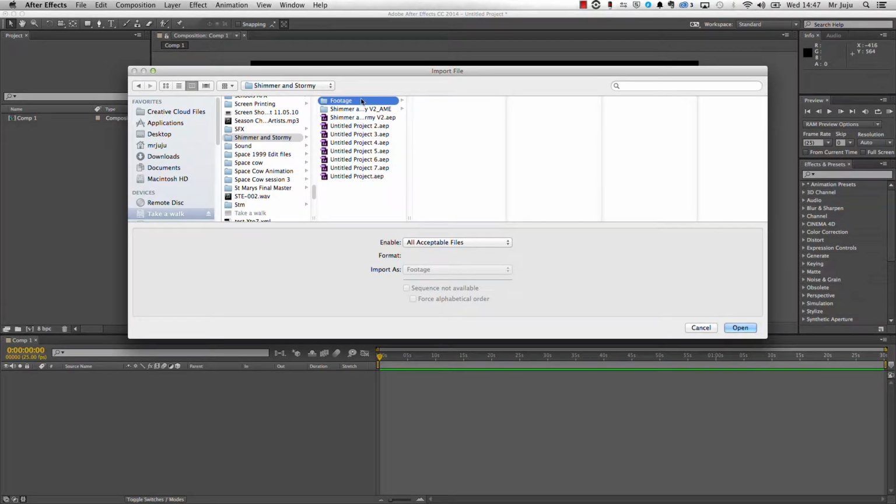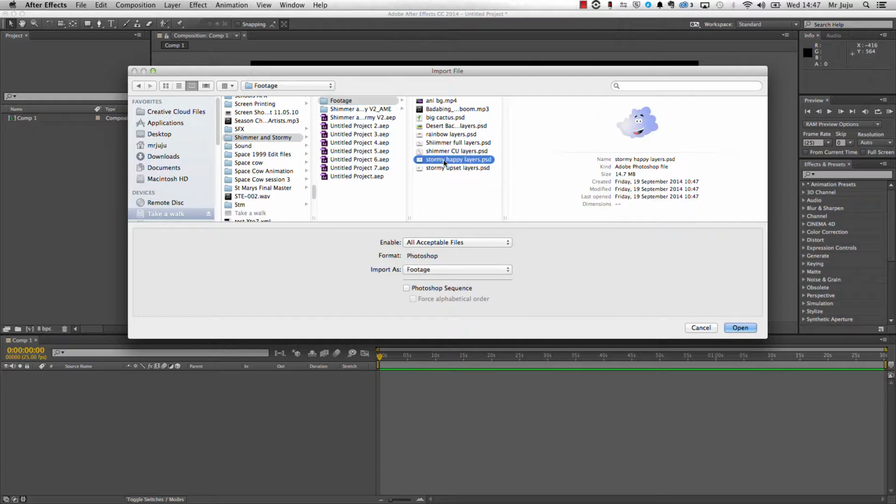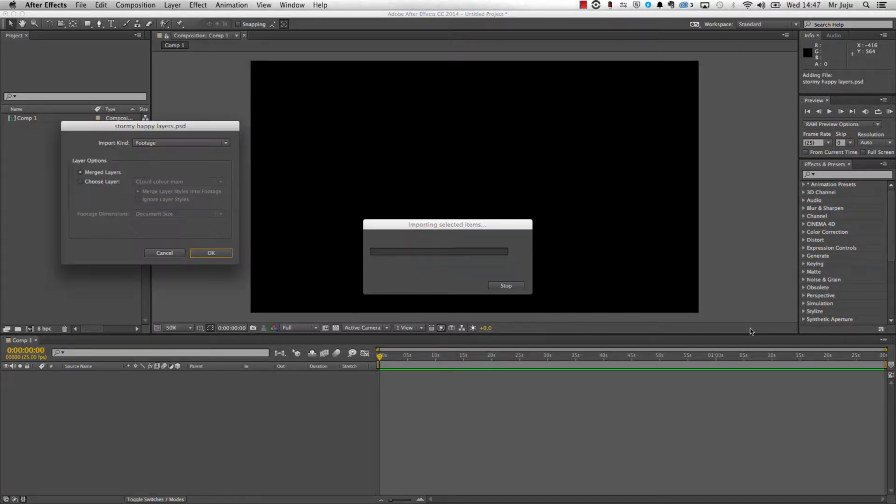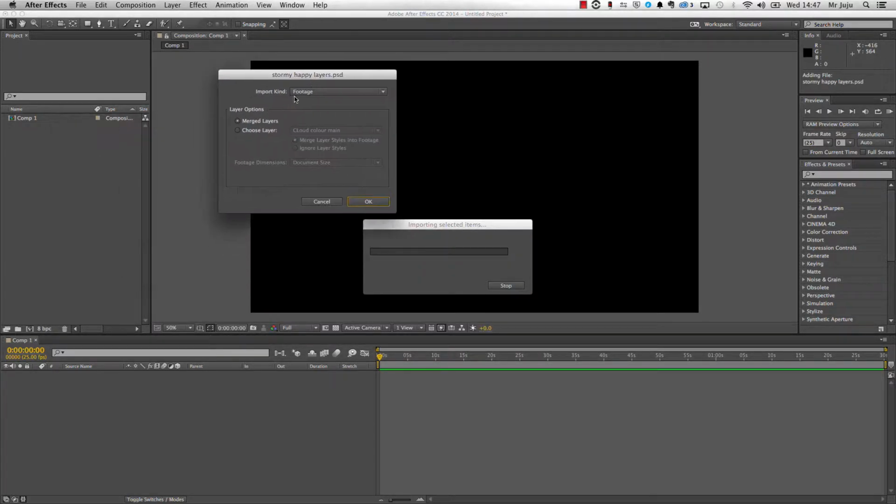Under Footage, I can look for Stormy happy layers PSD. This is a Photoshop file, and I want to open it up, import it as footage. This will change later on, but for the minute I want my Stormy happy layers PSD, import as footage, click on open. When this box comes up here,